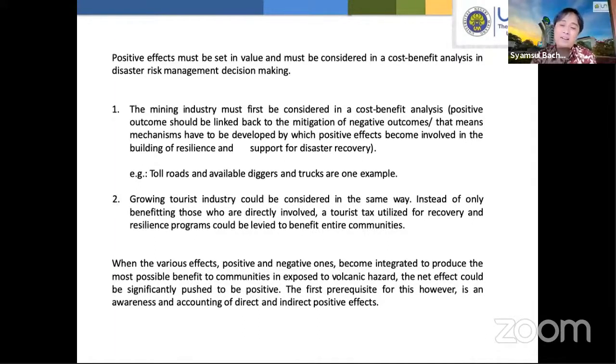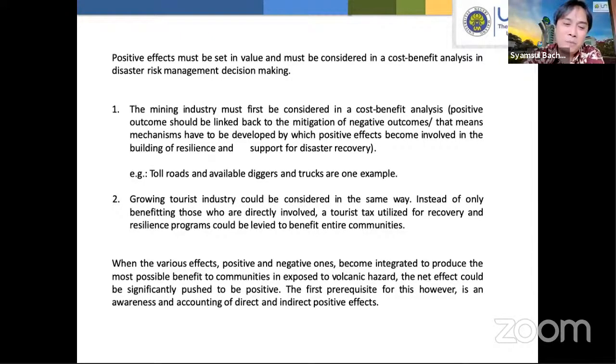But if the area is already set up and already has some deposit for recovery and for the resilience program, then when a disaster hits the area, you can recover fast. You do not need to wait for the central government to help you, and you can run your tourism activity as soon as possible after the disaster's